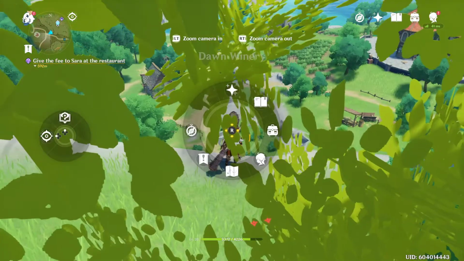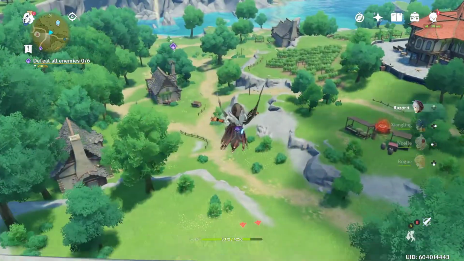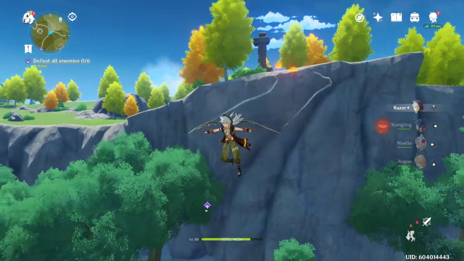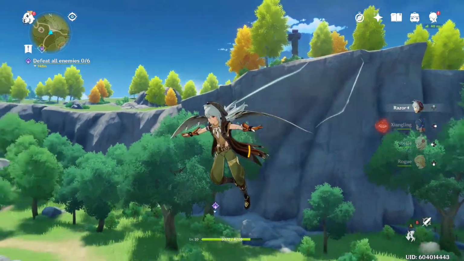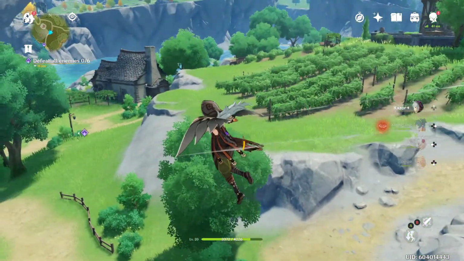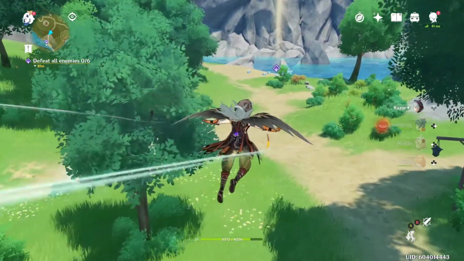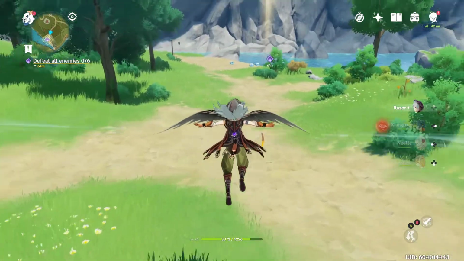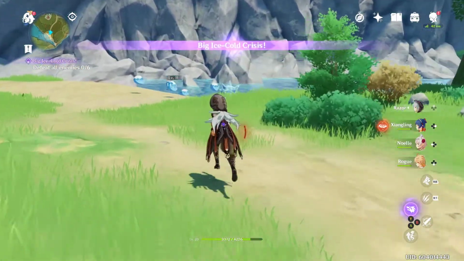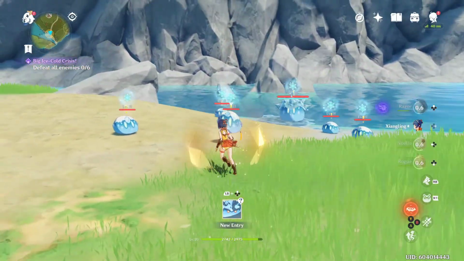Alright, where was the... I need to navigate the other one. I assume it was this one. There we go. Let's do one more of these. Oops. Oh, so long, fire slimes. I'll go do this one while I'm here. Looks like we got... Yep, defeat all enemies. Alright, pretty simple. Let's see. So I think we can do...